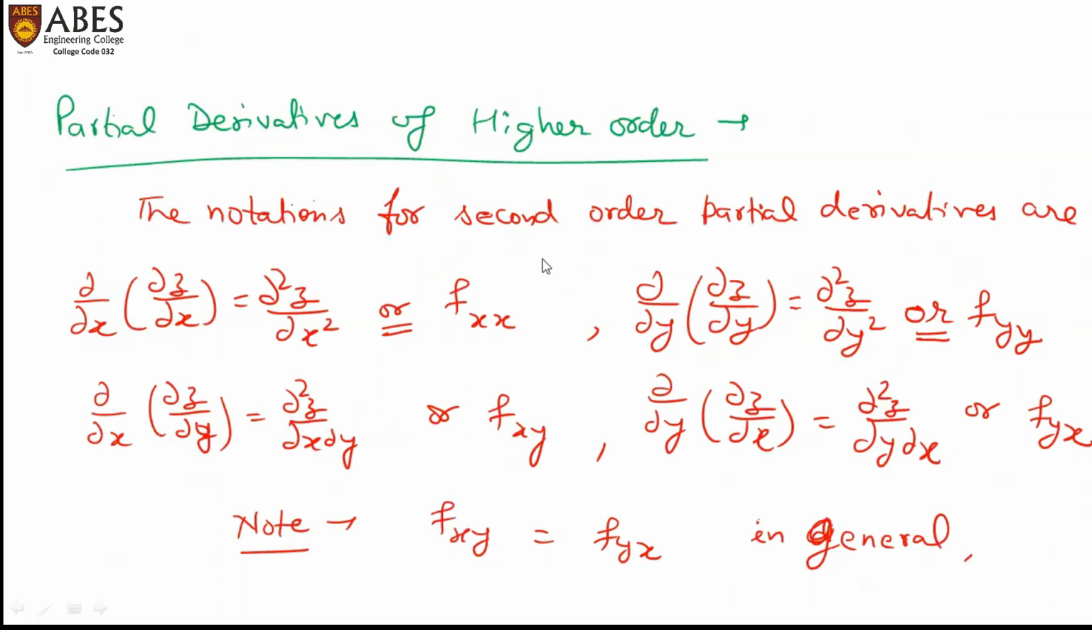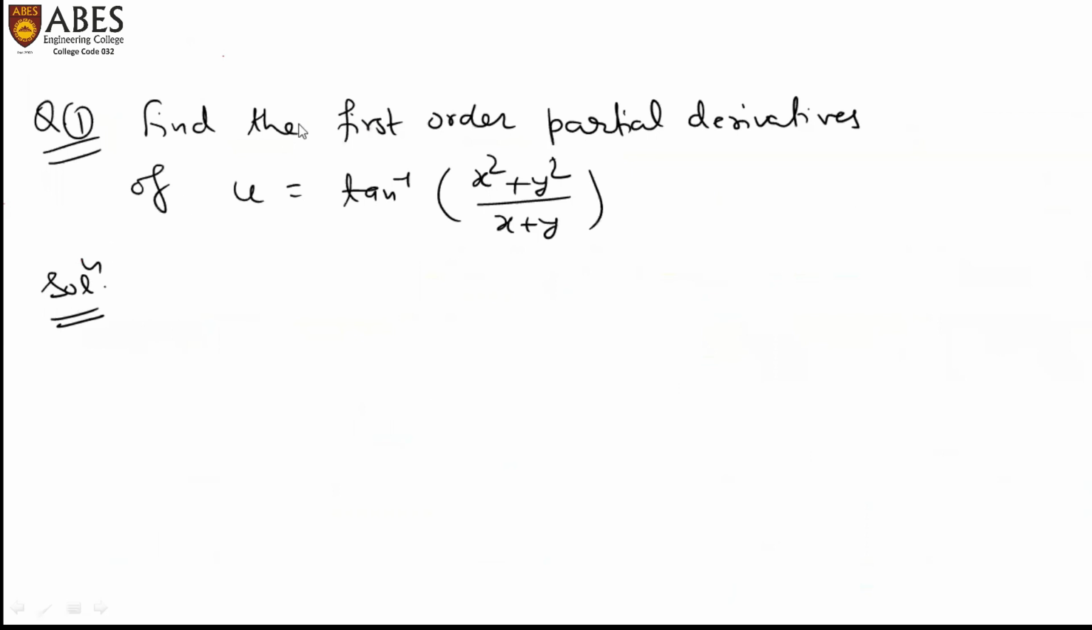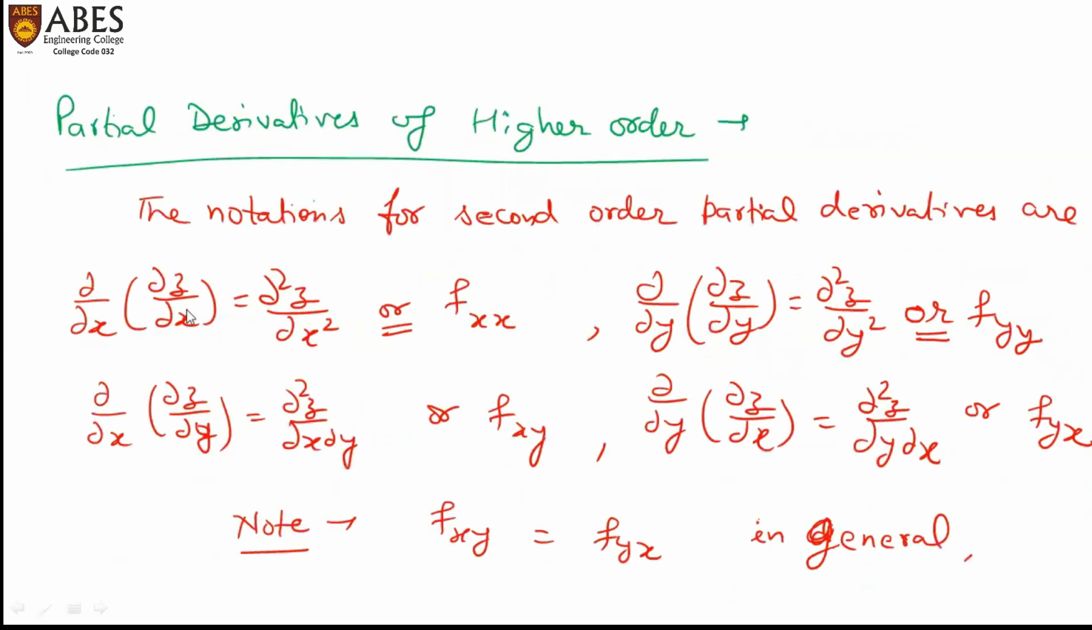Now we'll discuss higher order derivatives, and the notations for these second order derivatives are del upon del x of del z upon del x, that is equal to del 2z upon del x square, or f_xx. These two x's are in subscript. Similarly, we will go for partial differentiation with respect to y: del upon del y of del z upon del y equals del 2z upon del y square,